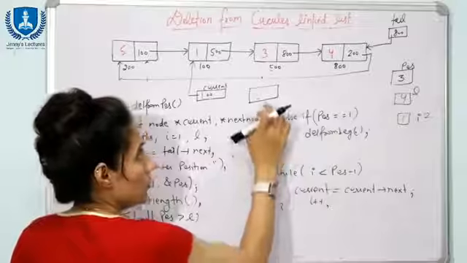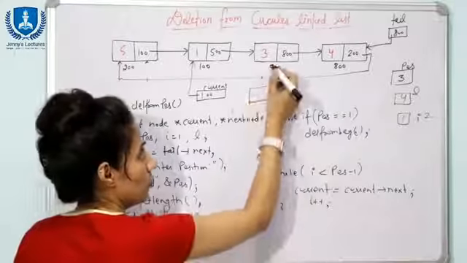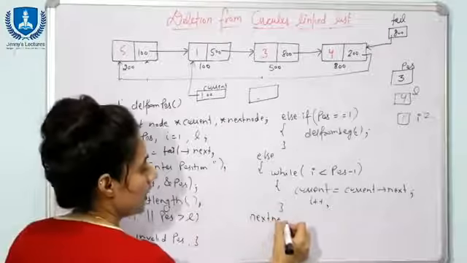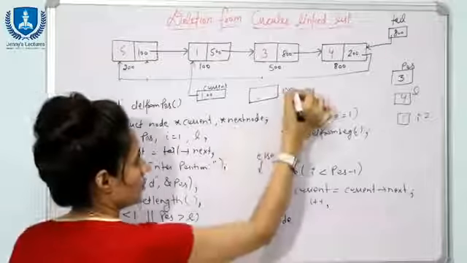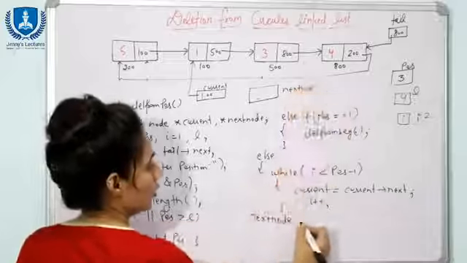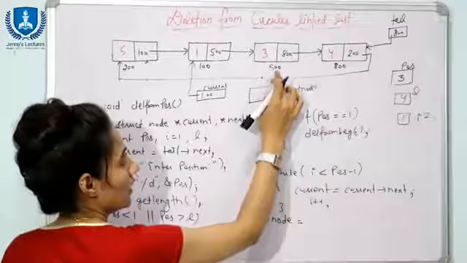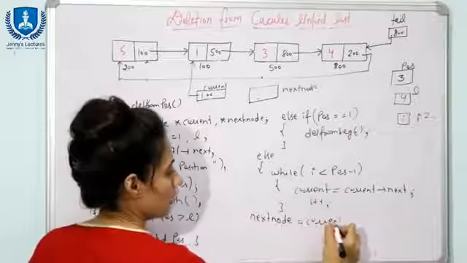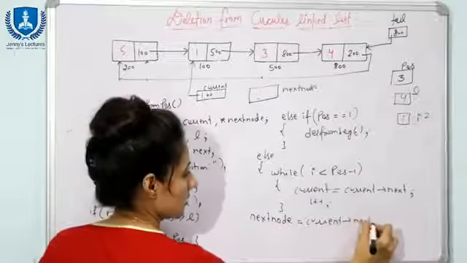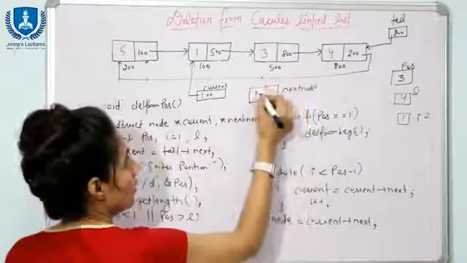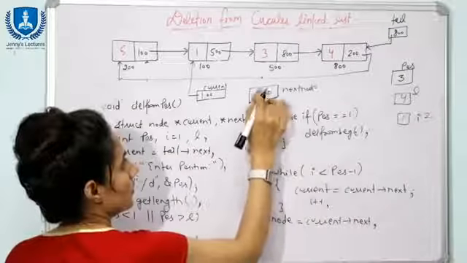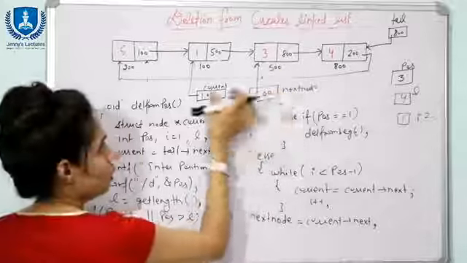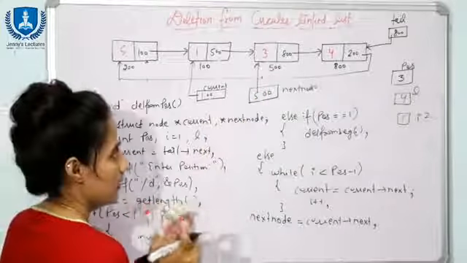Now we will do what? You will set a pointer to the next node, because obviously we need 2 pointers. So after this else you will write this pointer, next node. Next node is equal to, from where can I get this address 500 here? The pointer to this node is current, so next node is equal to current of next. So here we now have 500, right? Now next node is pointing to this node. Now we have set 2 pointers, and you can easily update the links.